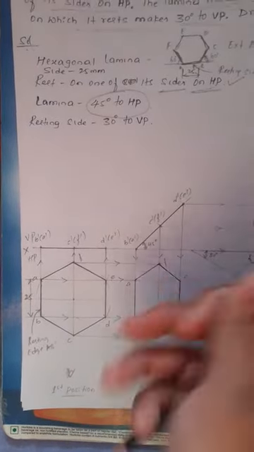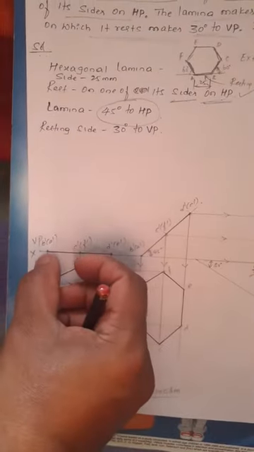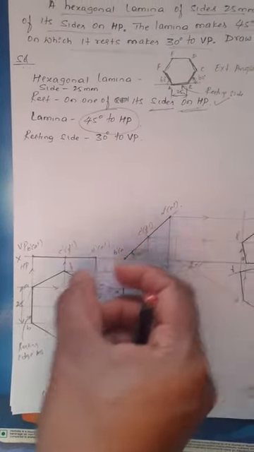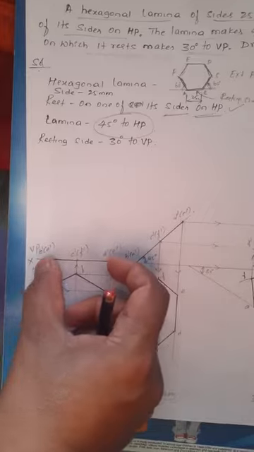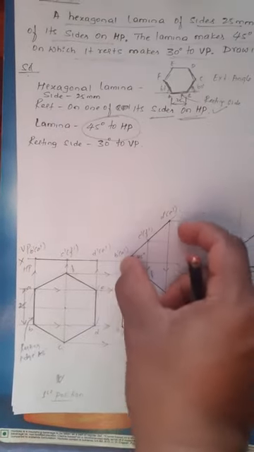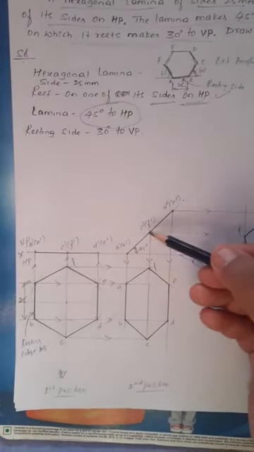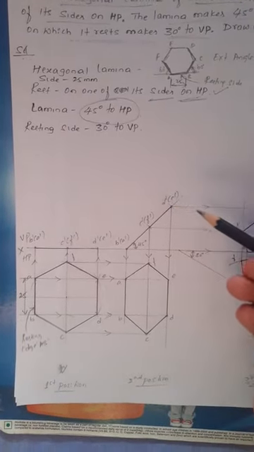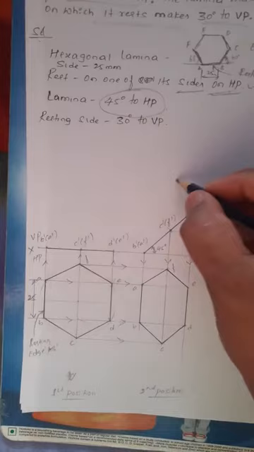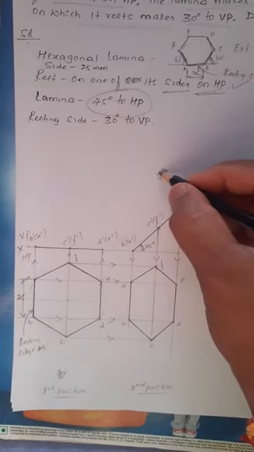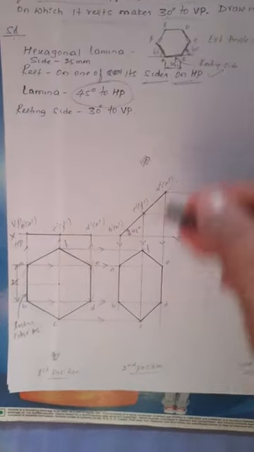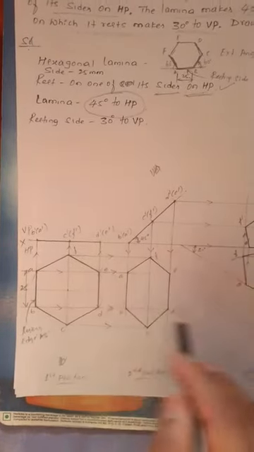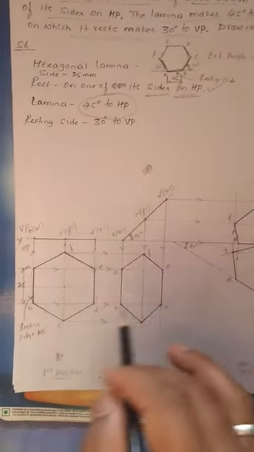On the 45 degree line, take B dash C dash as the radius with B dash as center, and draw an arc. Then take B dash D dash as the radius, B dash as center, and draw one more arc. That gives C dash, F dash, D dash, E dash. Those in brackets are invisible edges. Then we view from this end. Project all vertical projectors downward, and from the first position top view, draw all horizontal projectors from the corners.